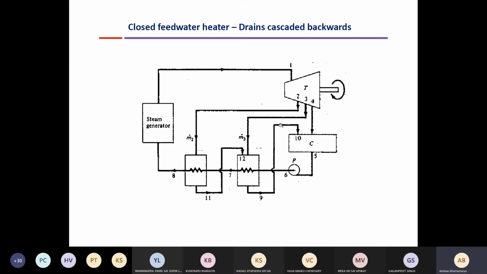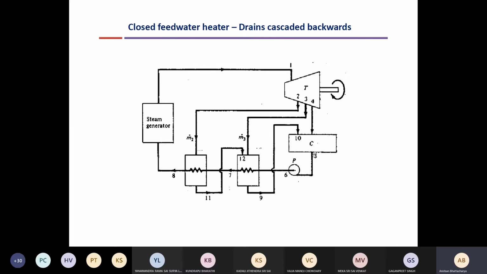A small amount of steam is taken out and again passed to another shell and tube heat exchanger, which is also called a closed feed water heater. So again, the rest of the steam, which is the major portion, gets expanded up to state 4, which is the lowest temperature and pressure possible in the turbine. This low pressure and temperature steam is passed to the condenser at state 4 and is condensed, meaning the vapor is converted to liquid. There is no change in pressure and temperature, the only change is that the vapor gets converted to liquid.